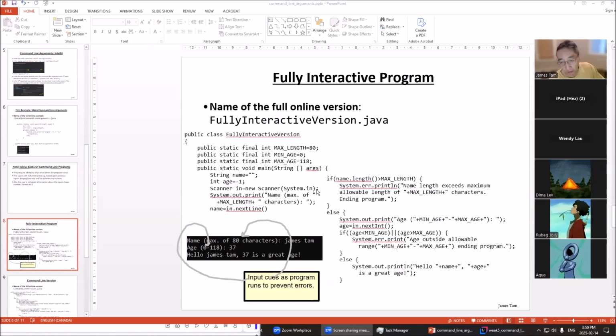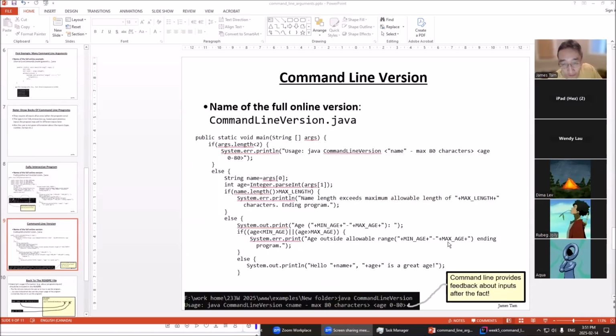Furthermore, what we could do is repeatedly loop if it's less than 80. I didn't add that, but you should be able to figure out how to do this. And it does something similar for age. It tells us the maximum age is 0 to 118. And it tells me this, 0 to 118, because I have this in the prompt. And we could have a loop here rather than a branch that allows us to recover. Command line arguments don't let us do this. See, if I have this command line one,